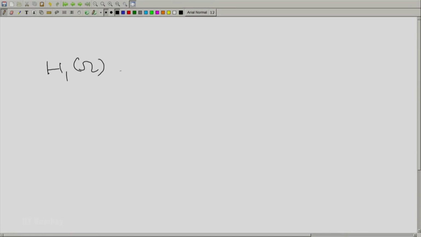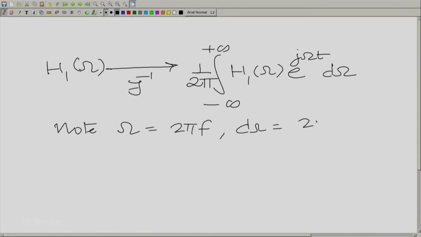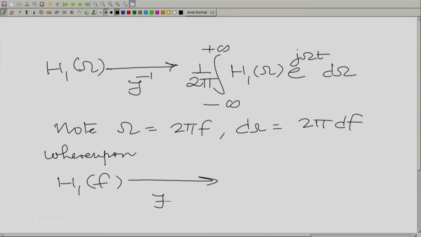So, when we are talking about angular frequency, the Fourier inverse should be calculated as follows. You need a factor of 1 by 2 pi. But then we can note that omega is equal to 2 pi f, and therefore d omega is 2 pi df. Whereupon, when I take the inverse Fourier transform, thinking of the Fourier transform as a function of the cycles per second frequency, I simply get